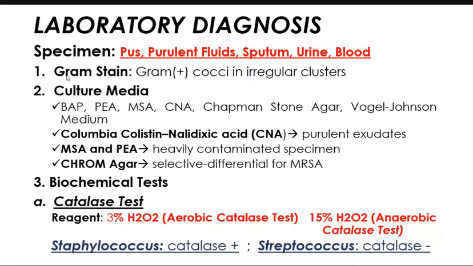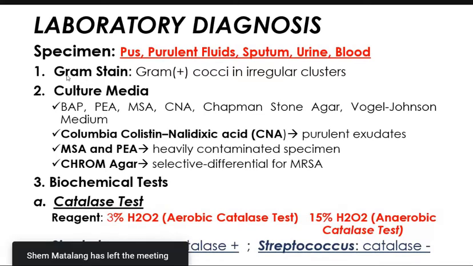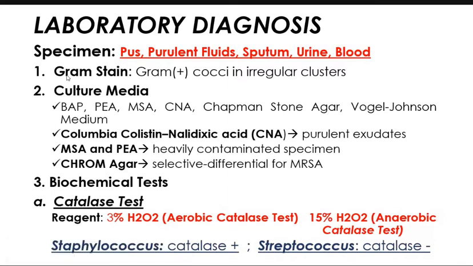So that, titignan mo din bakit gagamitan siya ngayon ng MSA and PEA. This would be to purify para ang mag-grow lang natin. Since we said that MSA is selective for Staphylococcus aureus, alam na natin kahit pa contaminated ang ating specimen, whatever contaminants that may be present dun sa specimen natin, hindi na siya mag-grow sa MSA. Ganon din sa PEA kasi nga sabi natin yung major component ng ating PEA is phenylethyl alcohol which inhibits the